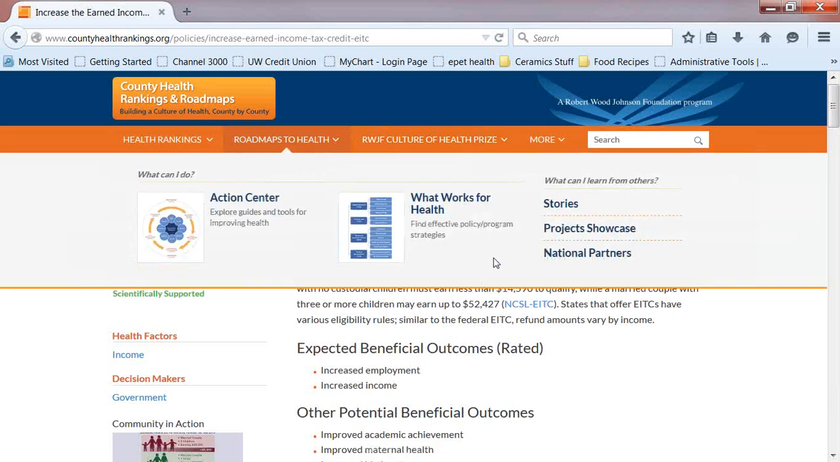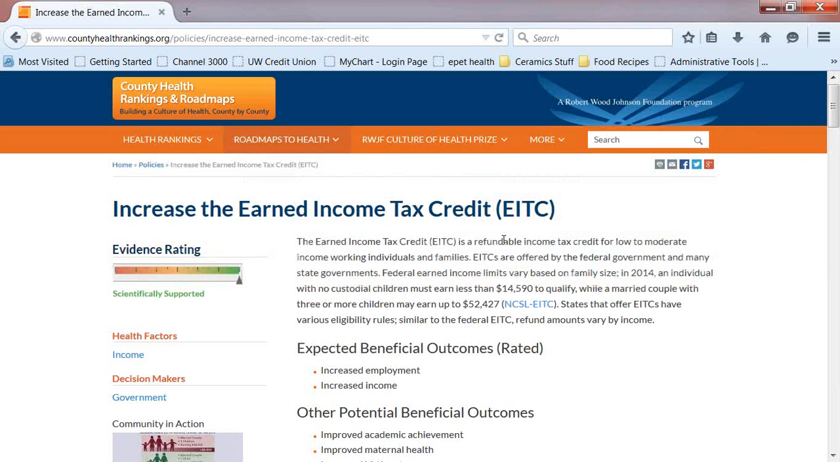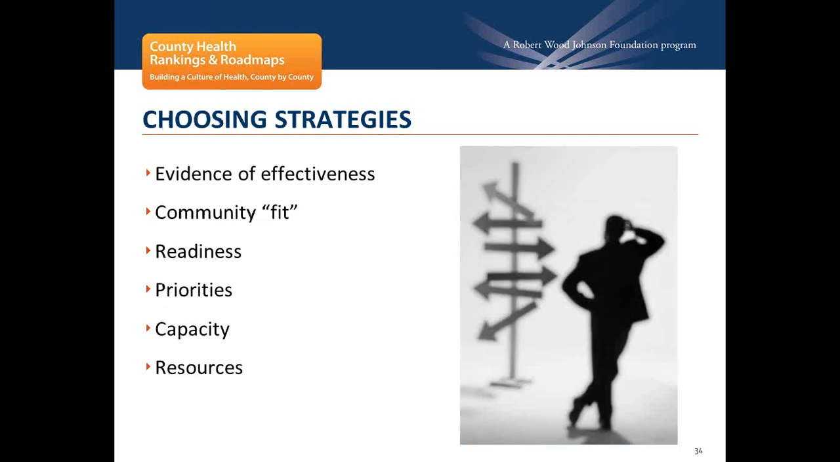We also have some awesome national partners that can help you engage with other partners and leaders locally, and you can learn more about our United Way Worldwide and other partners across the nation. So as you can see, Roadmaps provides step-by-step guides and tools and resources. I just want to come back to the next slide I wanted to show you